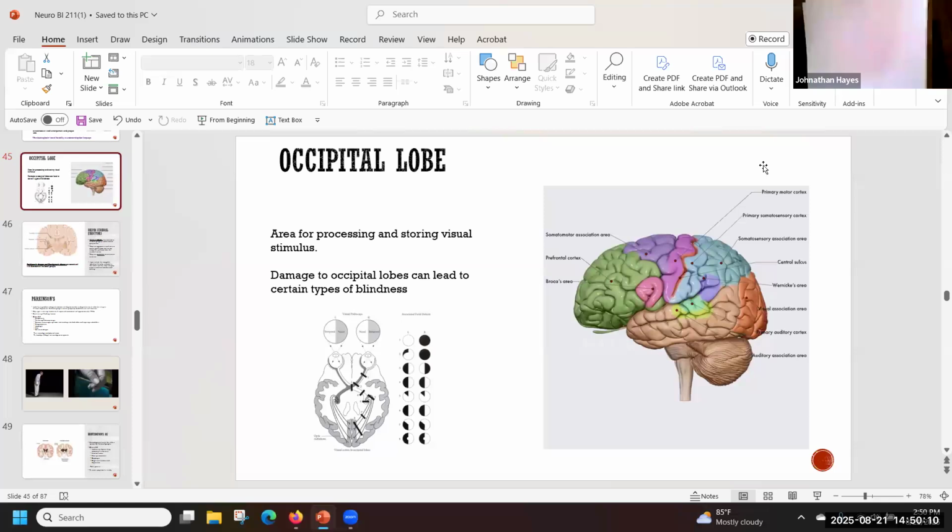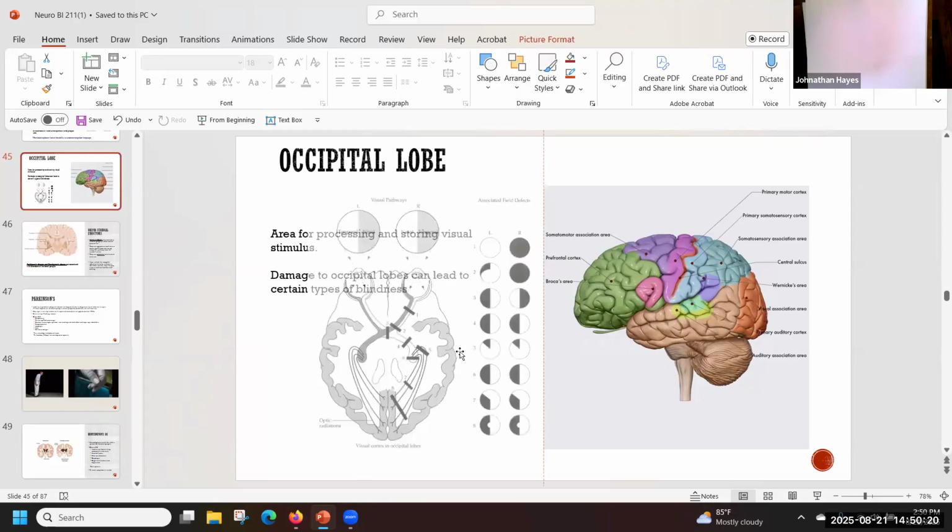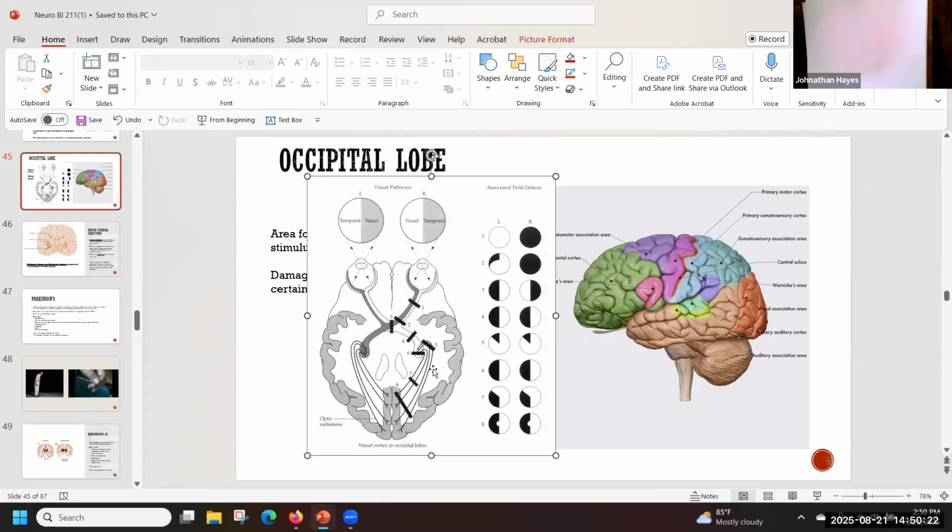Now, let's not skip over this for right now. This way it'll save us time when we get to neurosensory. Let's go ahead and talk about it now, because this is a good image, and I don't know if I've carried this over to the neurosensory portion. But sometimes when we learn neuro and we get very decent at it, we can get what's called localizing lesions, right? Because if you understand how